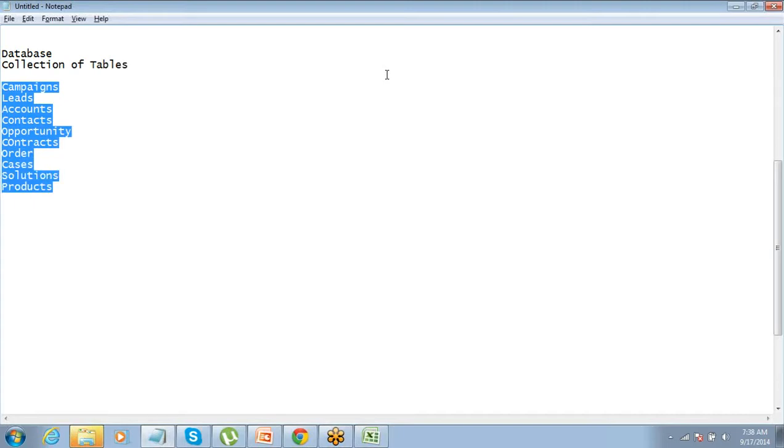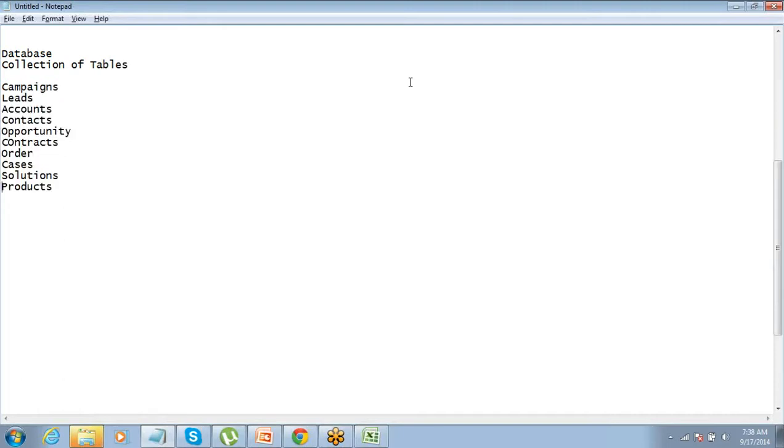Right? So I just want you to understand this structure well. Once you understand what is there in the backend, everything that you plan to do on Salesforce will become a lot easier. There are a few more objects in addition to these. When I say object, I will use this terminology, which stands for table actually. So when I say object, I mean table. There are a few more tables or objects in Salesforce, but as of now, we have just seen these.